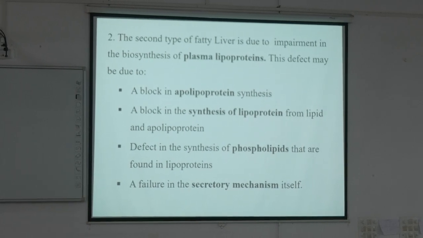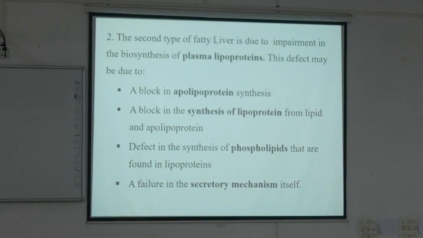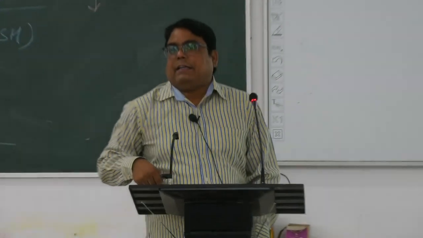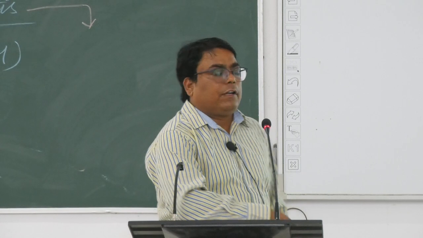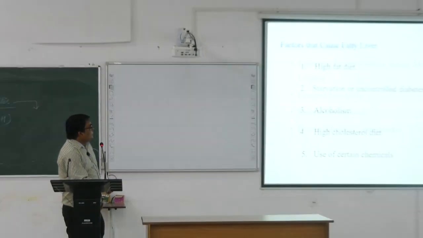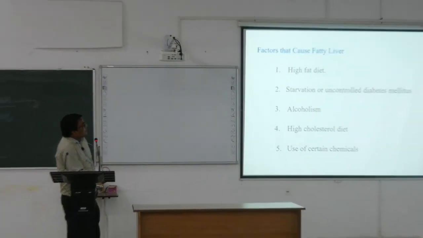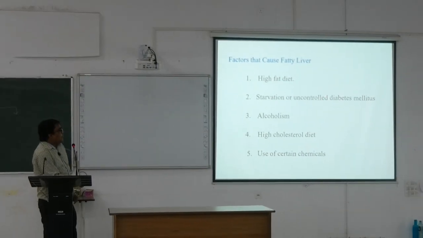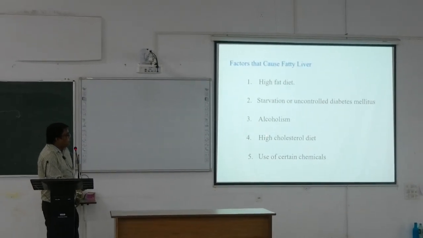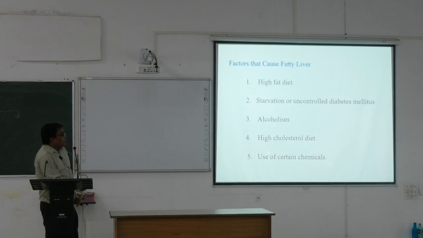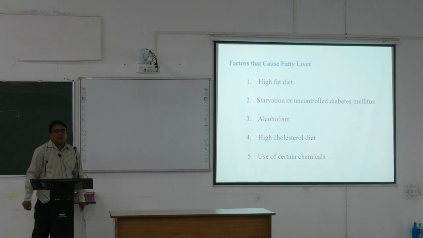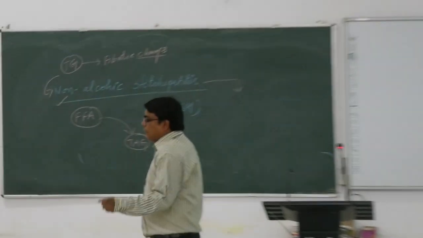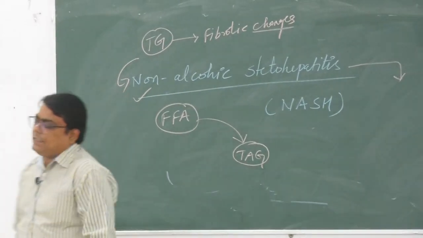TG molecules from the liver. And what happens in this condition? These TG accumulate in the liver, and again fibrotic changes may occur. These are the causes of fatty liver: high fat diet, uncontrolled diabetes mellitus, alcoholism, high cholesterol diet, use of certain chemicals. Okay, and the main symptoms you see in such patients